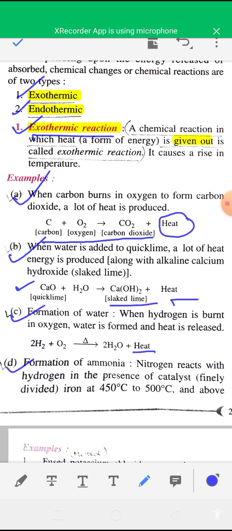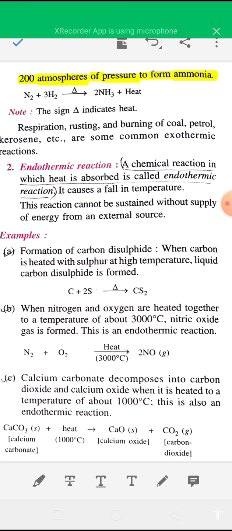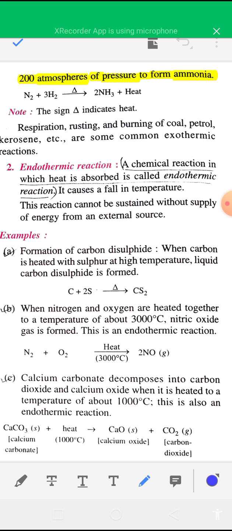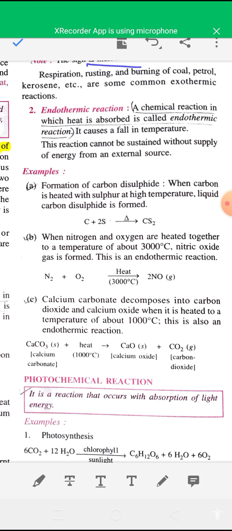When nitrogen reacts with hydrogen gas in presence of a catalyst, finely divided iron, at 450 to 500 degrees Celsius, you will get ammonia and heat. So the reaction is N2 plus 3H2 gives 2NH3 plus heat, so this is also an exothermic reaction. Delta indicates heat. Respiration, rusting, burning of coal, burning of petrol, diesel, kerosene, all these are some examples